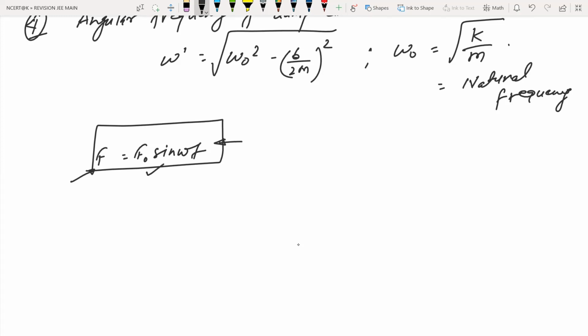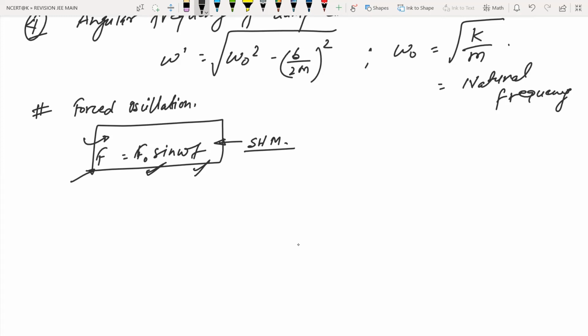Because this function you can see is SHM, so we can say it is an oscillatory kind of force. The force is already oscillatory; the force itself is the variable. So whenever this kind of force is applied on any body and it comes into oscillation, it is called forced oscillation. You can remember this; I have written the definition part so that you can remember. So when the force applied on any body is F equal to F naught sin omega t,